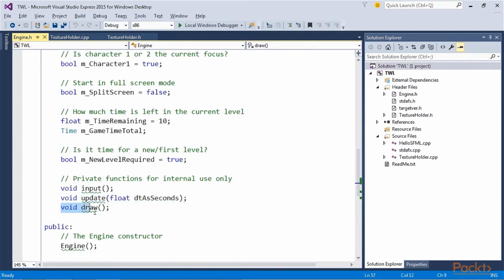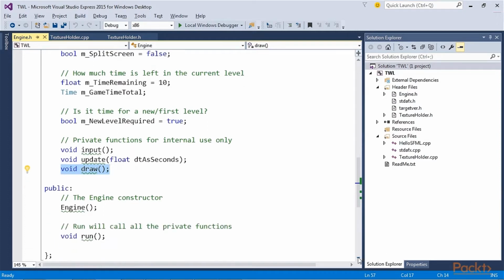The draw function. This function will hold all the code that used to go in the drawing section of the main function in previous projects. We will, however, have some drawing code that is not kept in this function when we look at other ways to draw with SFML. Let's run through all public constructor functions.